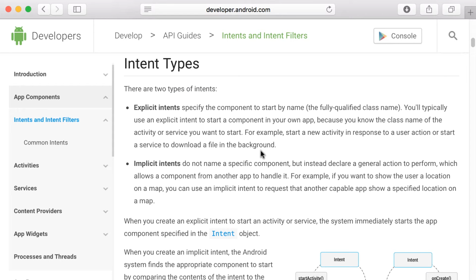So the different intent types that you can get are explicit and implicit intents. For this video, we're going to look at explicit intents. They specify the component to start by name, the fully qualified class name. You'll typically use an explicit intent to start a component in your own app because you know the class name of the activity or the service that you want to start. For example, start a new activity in response to a user action, or start a service to download a file